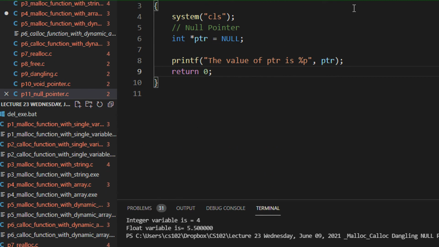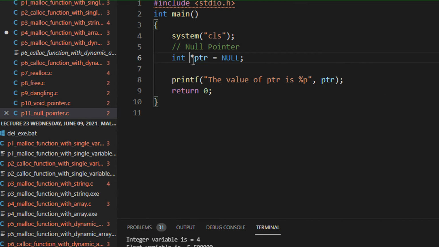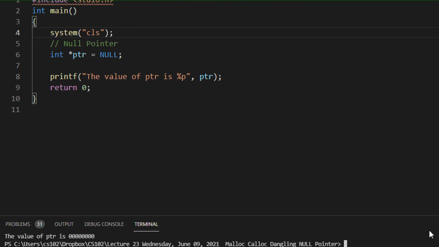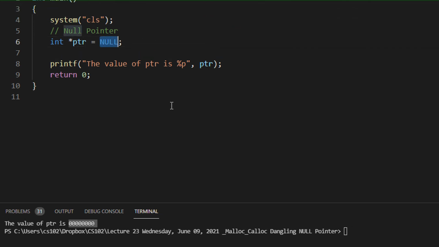So for the last two codes, one is a null pointer. There is a difference between a void pointer and a null pointer. A null pointer is something which has an address of 0000000, right? NULL has to be written always in capitals because it's a keyword declared by the C compiler. It may so happen that you don't want to use a particular pointer for a while, or you want that it should not be misused, so you can assign it to NULL. It is just like when we initialize integers to 0. Pointers should be by default initialized to NULL before using, right?